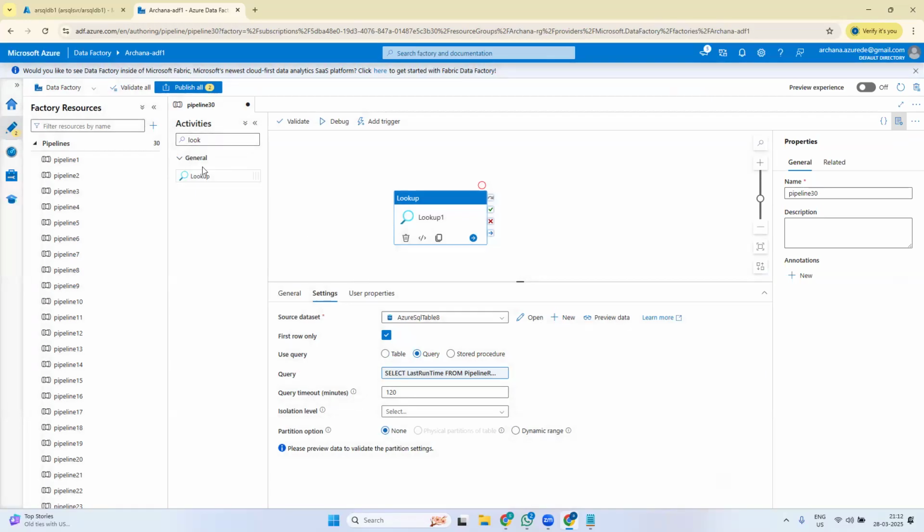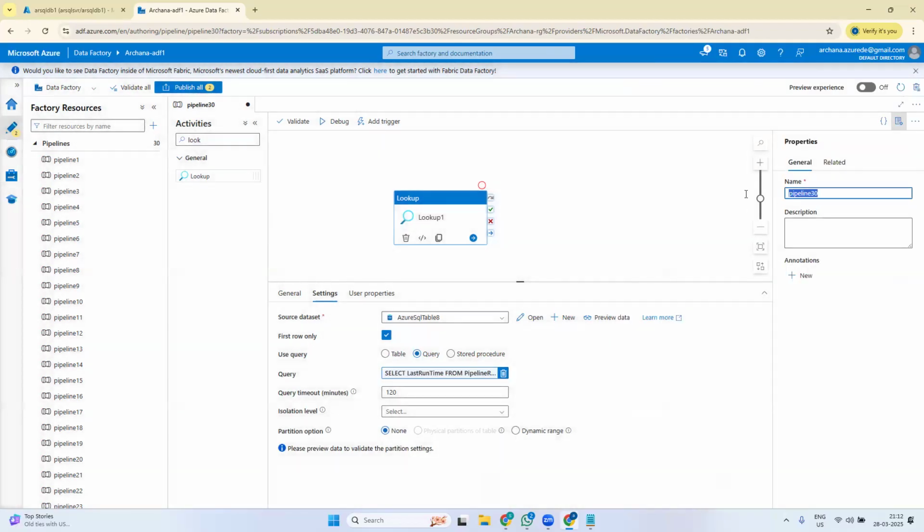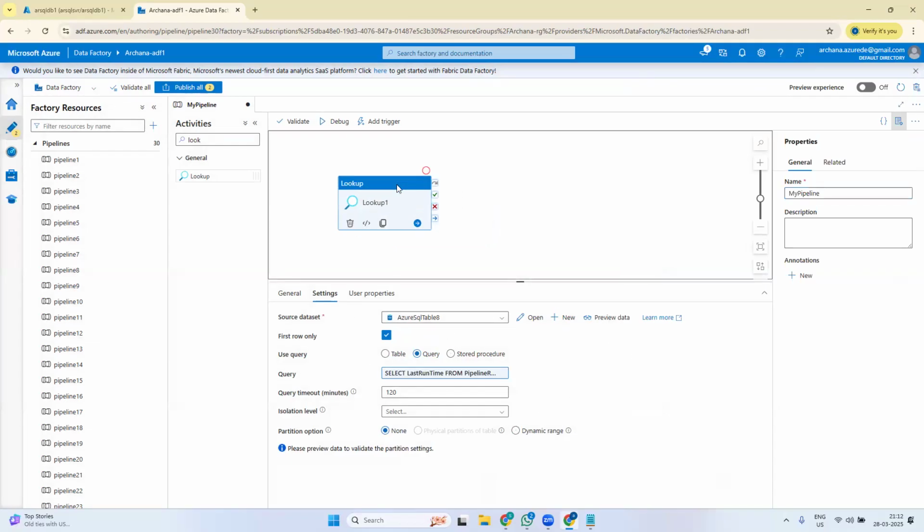So we'll name this pipeline also as my pipeline only. So it is in sync, not needed mandatory, but just so that we understand, we'll follow something, right? So this will be my pipeline. So there also this pipeline's data is there. So this is first lookup activity. Then what we'll do, the actual copy activity, right? So in this copy activity,